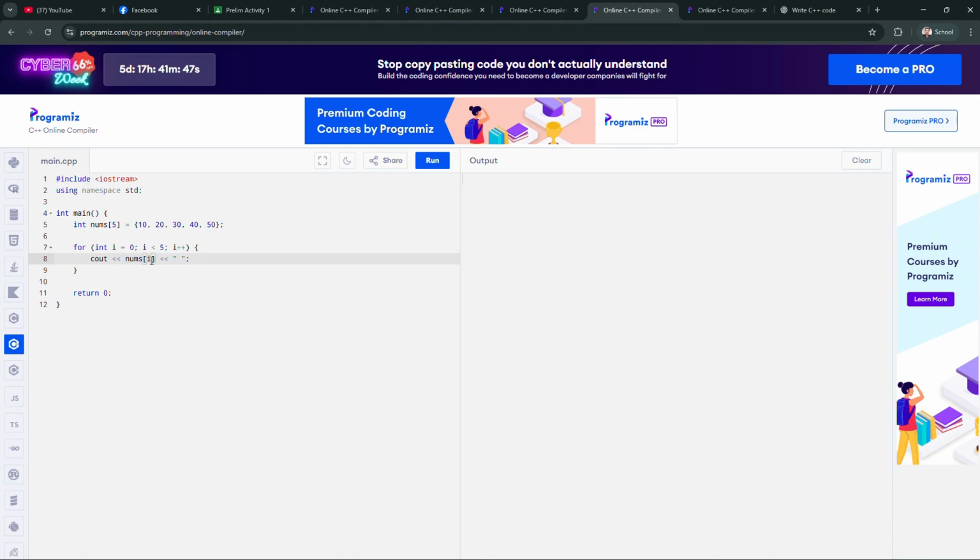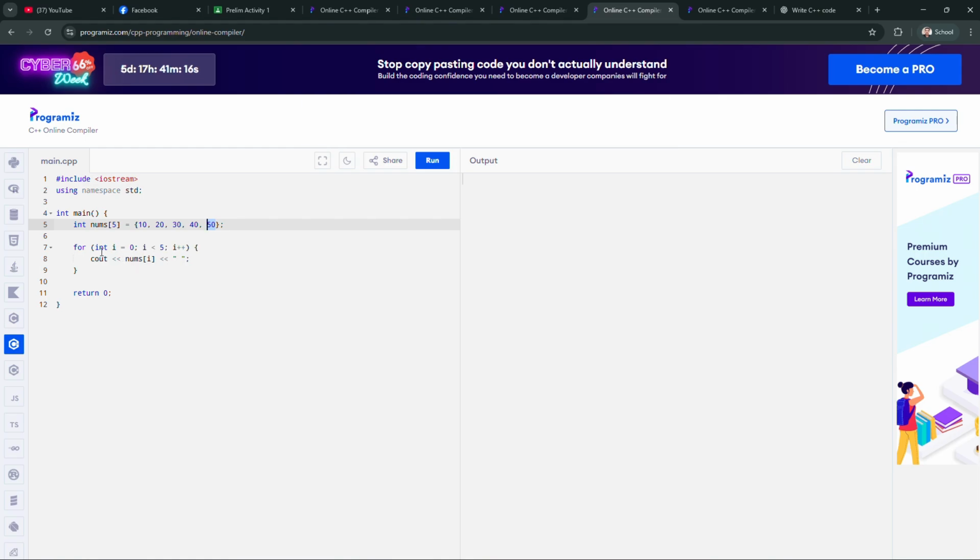So for example, array 0, so it will print this index up until the value of I becomes 4. So it will be incremented, it becomes 5, and then it will print nums I, which is index 4, which is 50.